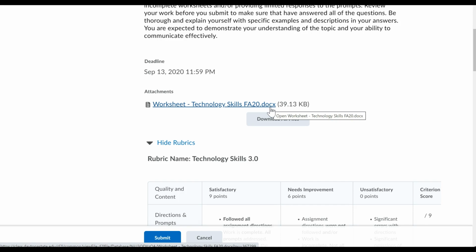If you need assistance with that, please contact the help desk and they can walk you through, or you can go to the technology info guide that is explained in your course shell and your textbook that explains how to do the download or access Office 365 from your Falcon Mail.